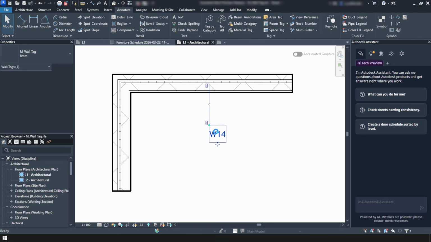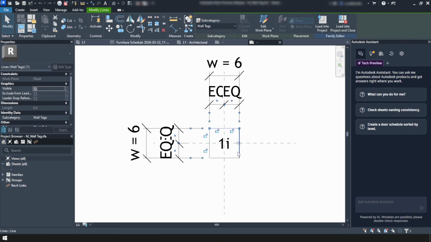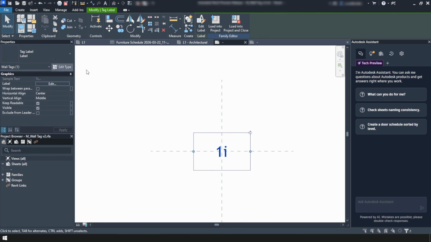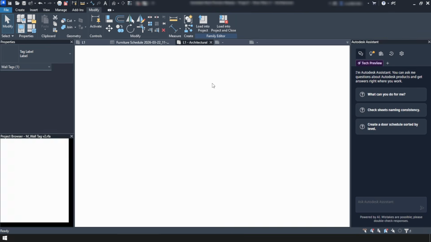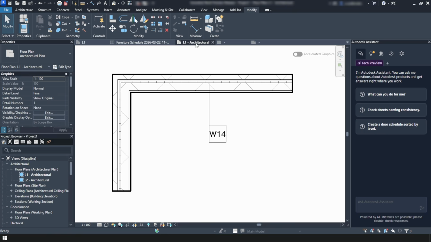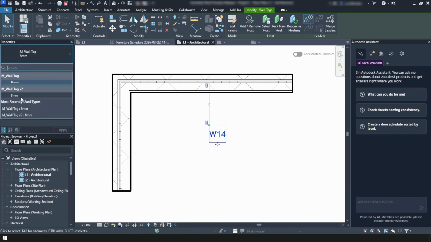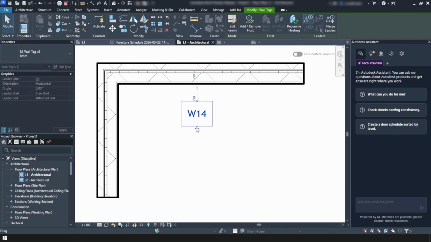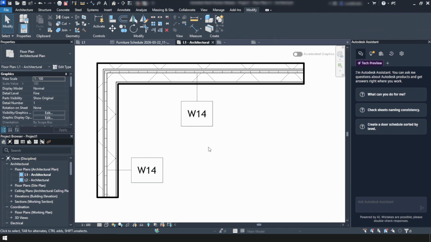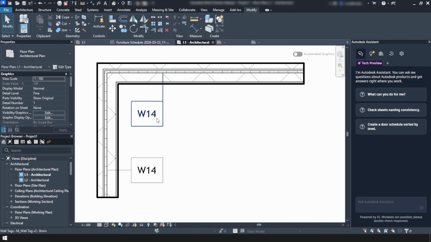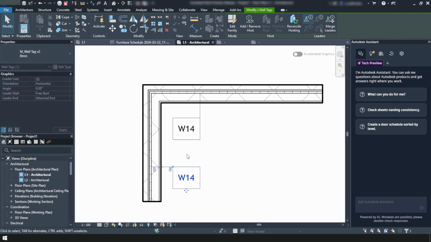If you edit the family, you can see we have standard lines around, and then we have the simplest one, which is the text with the border around. That's the one I like. And both of them work very well with the new feature. We can very easily move around both ends of the leader of the tag. And yeah, I think this is a great feature. More control over the annotations. And this feature should have been there a long time ago. So very nice,